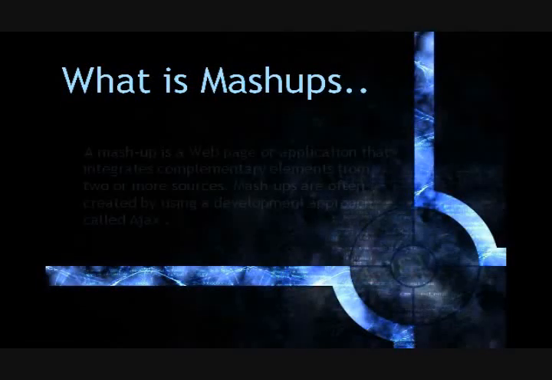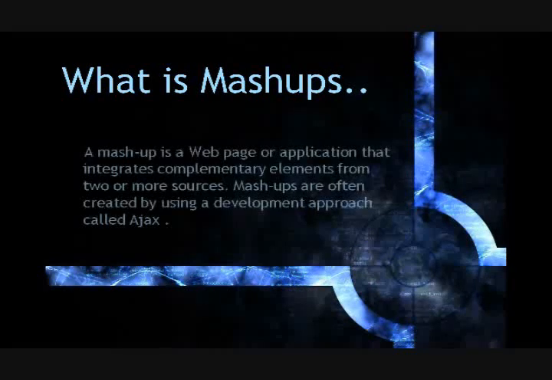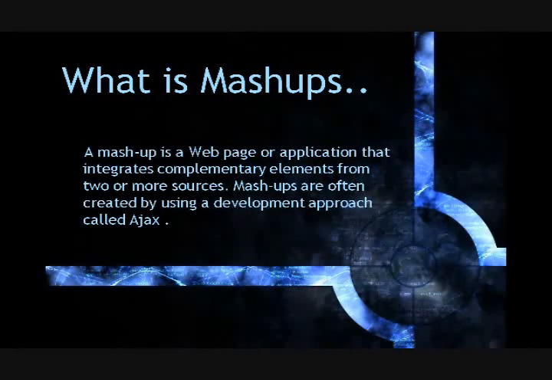What are mashups? Curious? First let me define what a mashup is in simple language. Mashups are simply a combination of two or more sources. Normally, Ajax is used as the primary language among the many languages used on the World Wide Web. For example, if you take ASP.NET, Java, Ajax plays a major part, simply a new technology with a new idea.